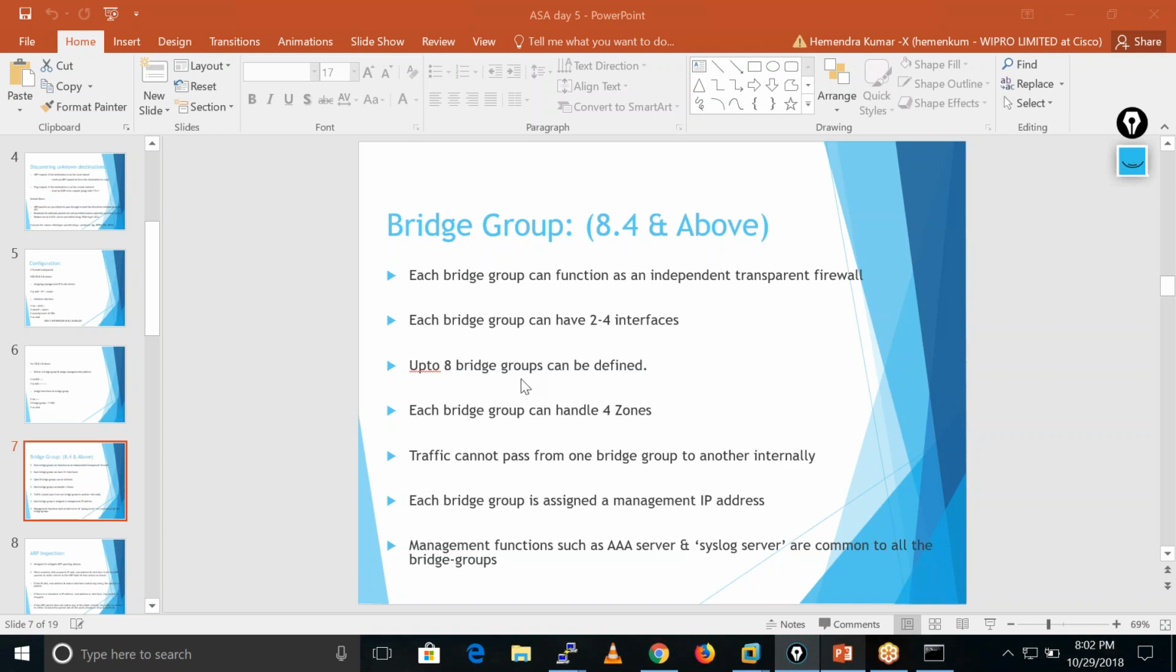Up to eight bridge groups can be defined. We can configure 8 BVI interfaces in our firewall. Okay. Each bridge group can handle 4 zones. Means we can configure only 4 zones in each bridge group. Okay. Traffic cannot pass from one bridge group to another bridge group internally. Means